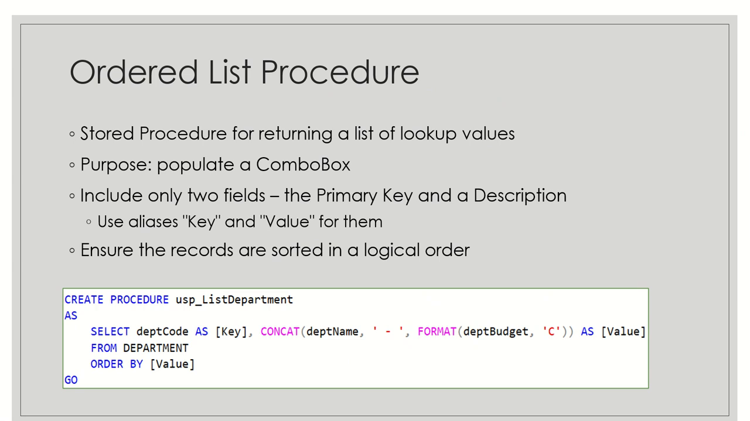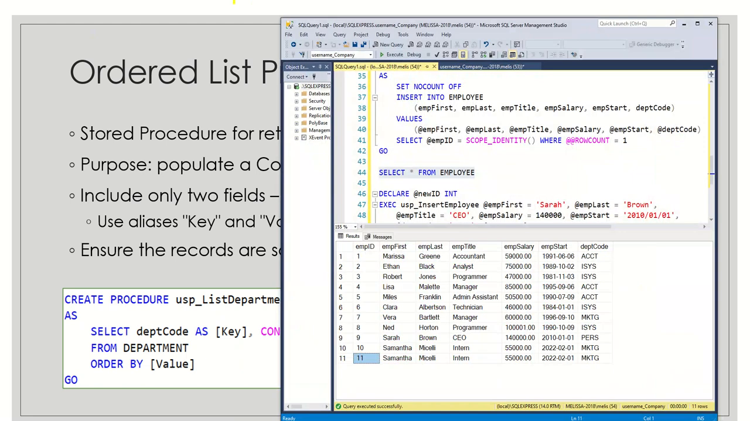We're going to look at creating an ordered list procedure, which is what I call the stored procedure for returning a list of lookup values. The purpose of this is to populate a combo box. So we have situations a lot of the time when we're working with data that's stored in relational databases where you have this referential integrity relationship where it limits the values that you can choose to insert into a child